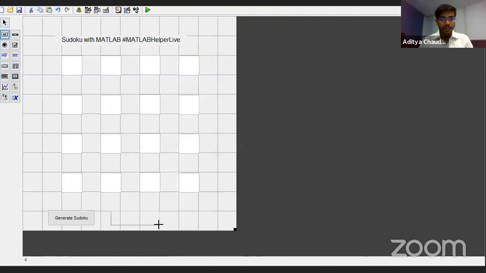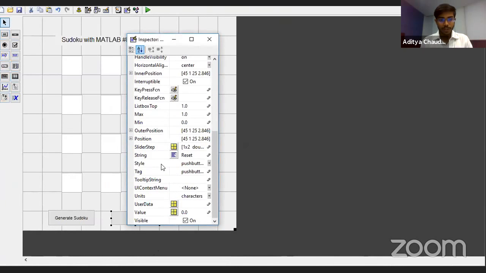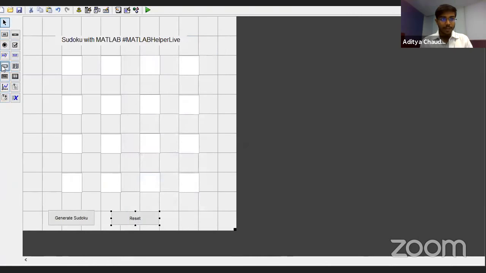I'll create another button over here, which would be for the reset part. So I'll go to property inspector again. I will edit it to reset. Okay. And I'll be changing the tags as well. So I'll change the tag as reset. I'll just check if it got reverted or not. It's not. I'll check the tag as reset and make sure that you hit enter so that the changes are saved. And the last button which we are dealing with is the check answer button.